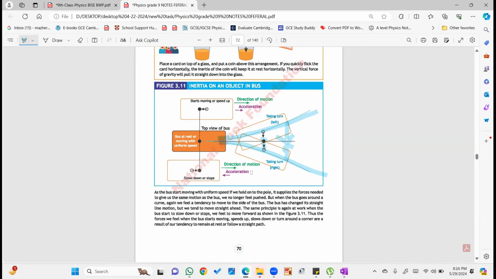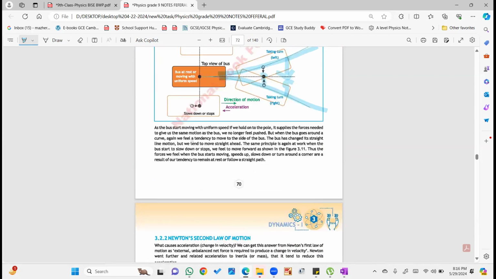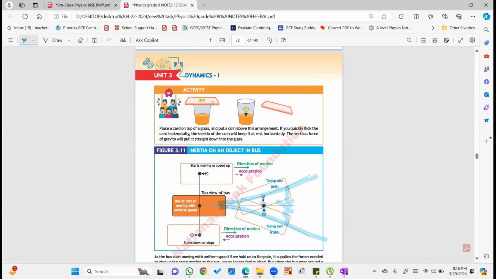And if you're moving on a straight line, the resultant force obviously would be zero. But if we're moving on a circular path or curved path, the resultant force would be towards the center. They might have written this as well here. ये example तो आपने coin की पढ़ी हुई है ना? Place a card on top of a glass and put a coin above this. If you quickly flick the card horizontally, the inertia of the coin will keep it at rest horizontally. The vertical force of gravity will pull it